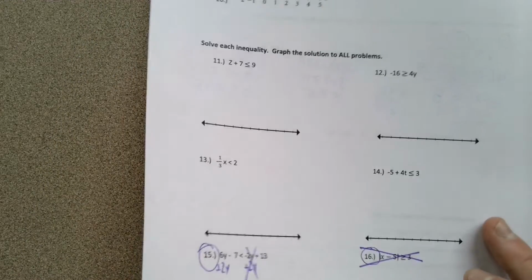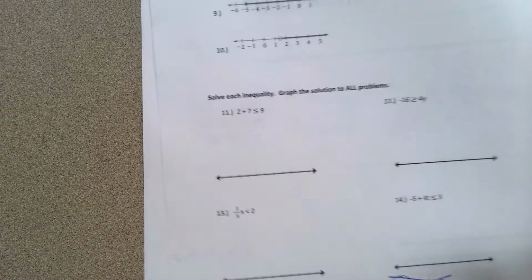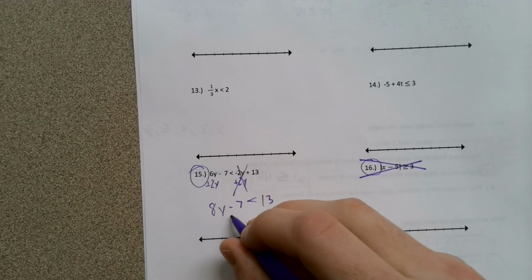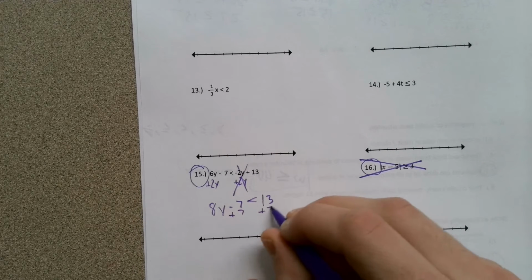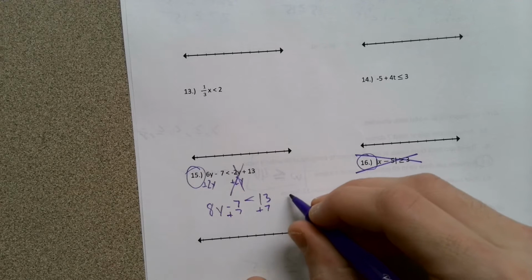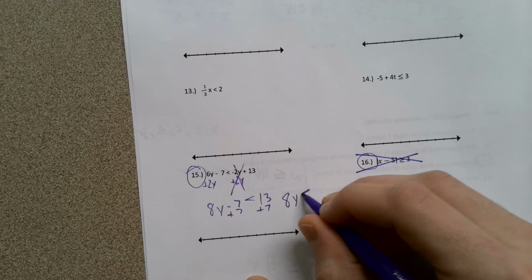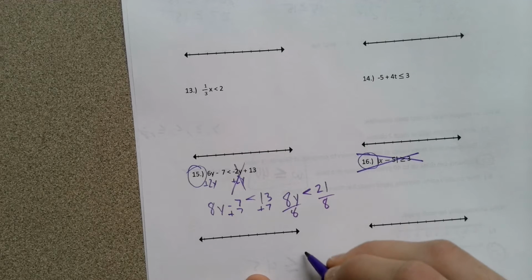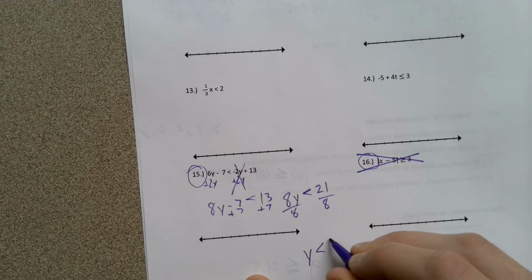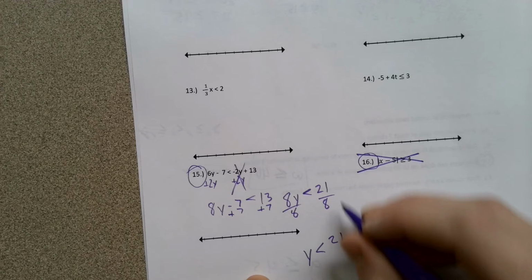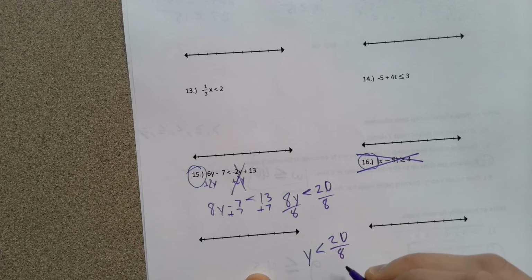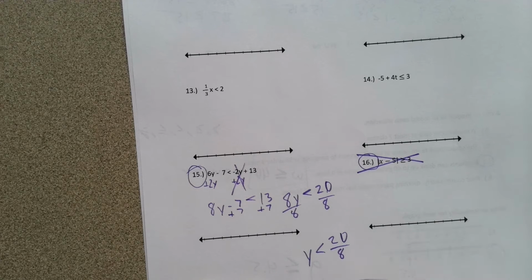I just realized, never mind. Right here, I'm going to add 7 to each side. I get 21 over here. Y is less than 21. And I'm going to divide each side by 8 to get y by itself. Why am I writing 21? This should be 20. 13 plus 7 is 20, over 8, which is going to be the same as